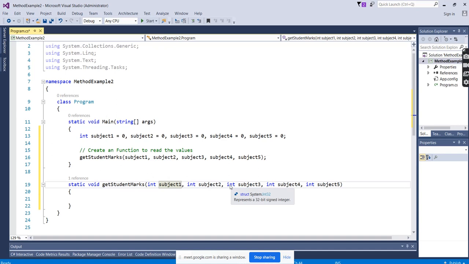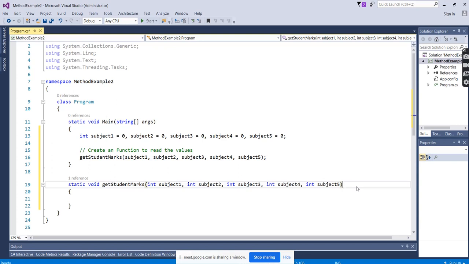Okay, if you go to any articles or online resources, they will say arguments for this and parameters for the called function. At the end, both are the same, you can say both are method parameters for passing values.